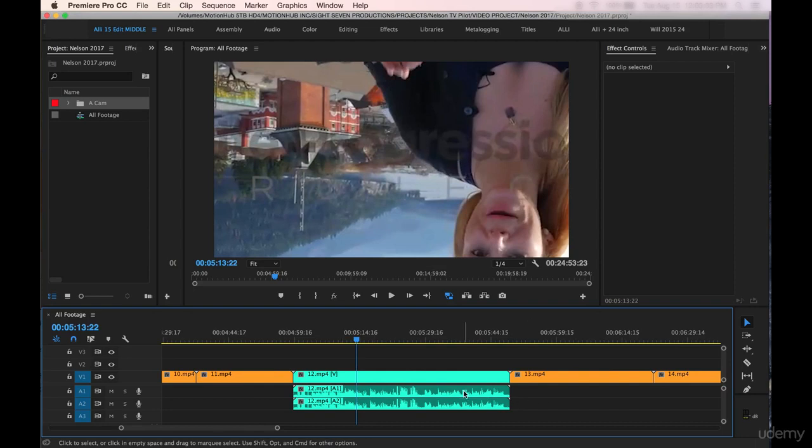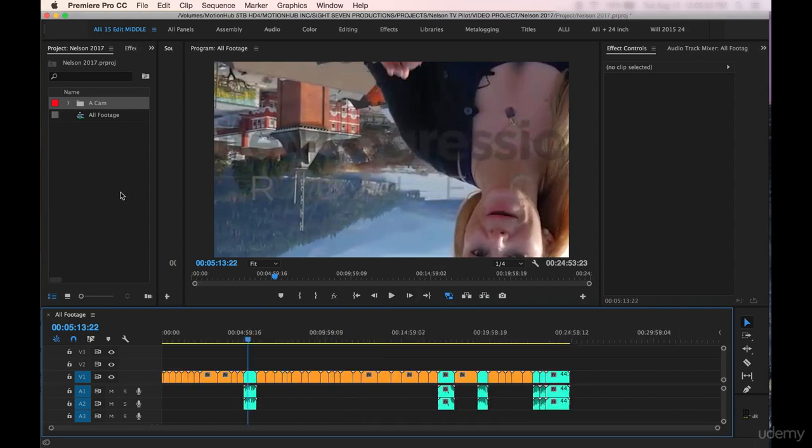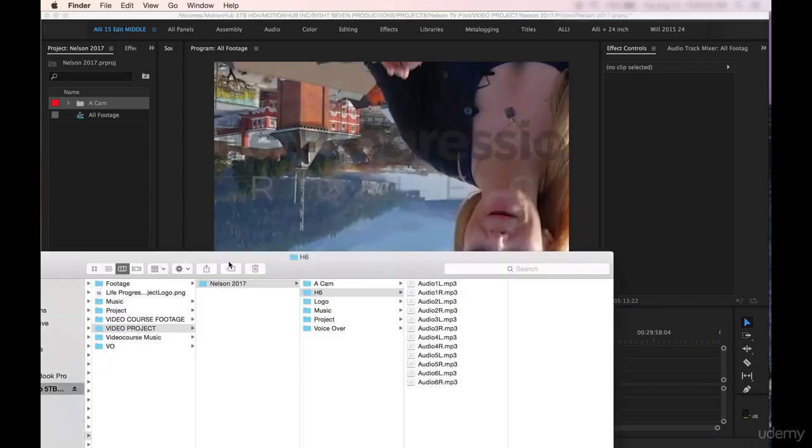We have the H6 external recorder that recorded audio more clearly from the lavalier mic that you can see right up here. So the next thing we need to do is import the audio from the H6. I'm just going to push the minus button on my Mac to zoom back out on the timeline. I will push Command Tab to tab over to the Finder window, and let's drag the entire H6 folder into